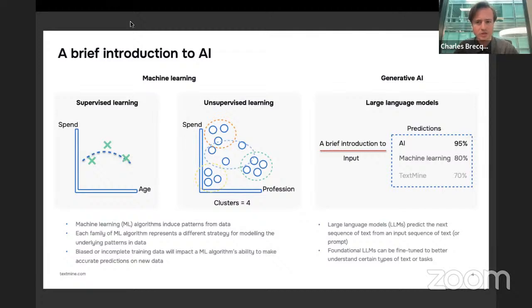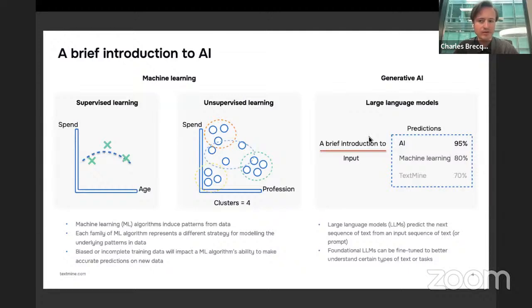For example, a large language model will make multiple predictions of what should come next following an input, which in most cases is a sentence, but it can also be a document. And then it will rank those predictions and, with fine tuning, learn to provide the desired output.